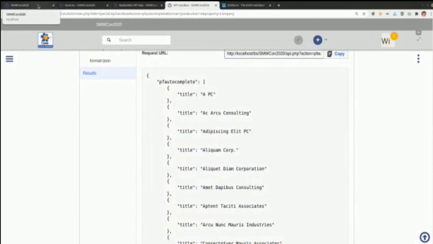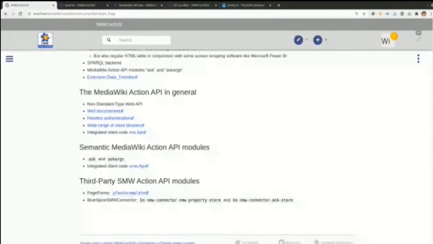And last but not least, there is the BlueSpiceSMW-Connector, where we have something similar. Actually, that's this property store, which will also give values from properties. And rather new, there will be an ask-store. Actually, it is not really published yet, but we're working on that, which will give you a very similar way to